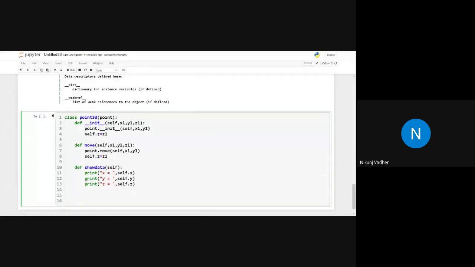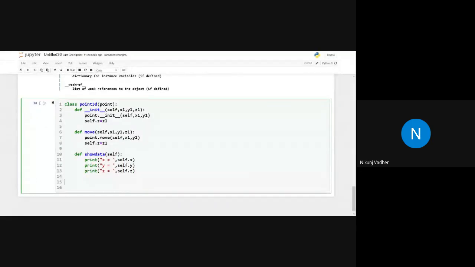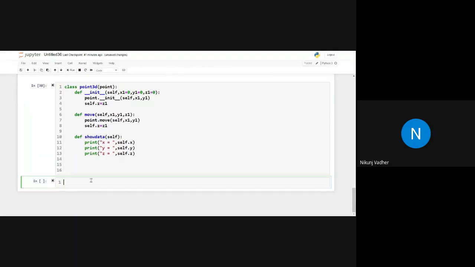Let's try to create a 3D point. Here by default, if user is not specifying anything, then we will keep it as 0 0 0.